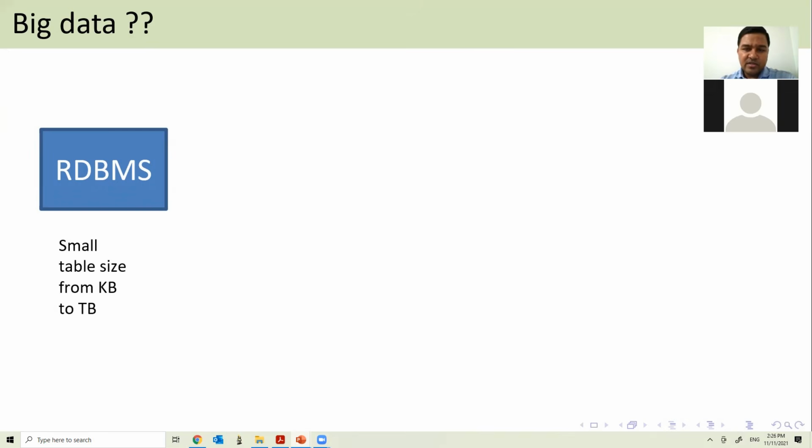If it is a small table, it is quick to search, find something, and do some editing and modification. But as the table size grows bigger, it becomes very difficult to do the searching fast and also to do other operations faster.